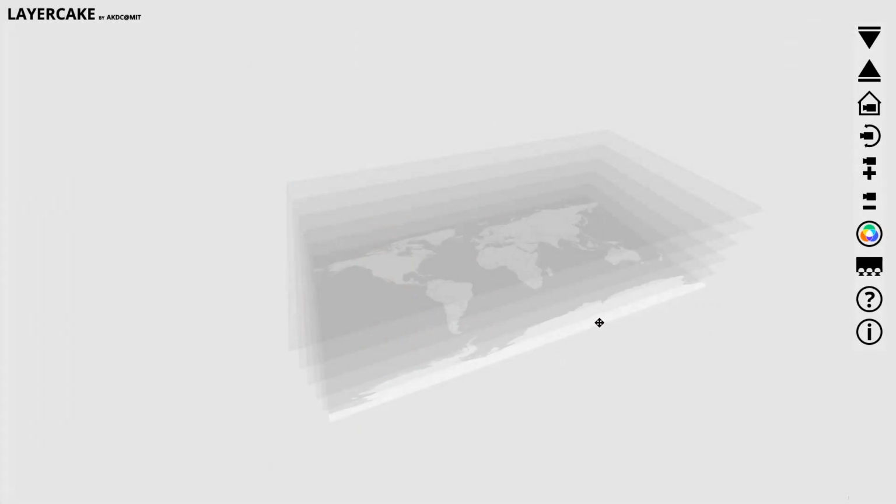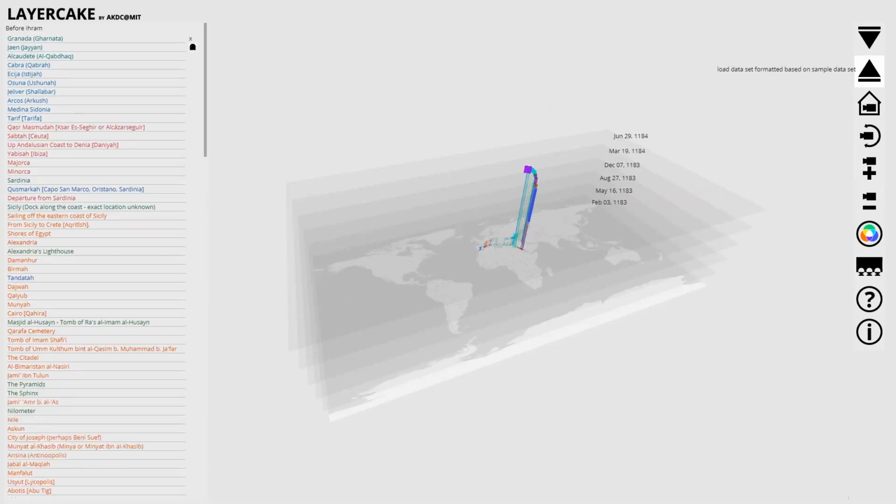Geographic space is drawn on the horizontal plane, while time is drawn on the vertical axis and is scaled according to the overall range of time in the data that you are mapping. You can display your data on the map by taking a correctly formatted dataset and loading it using the Load Data button on the right. You can get a correctly formatted template and example dataset to work from using the Download Template button just above the Load Data button. Note that you can display more than one dataset collection simultaneously. This is to provide a way of showing contrasting narratives or data points. More on datasets later.